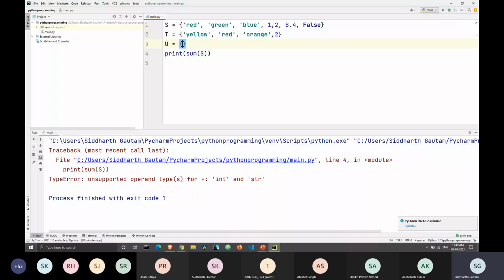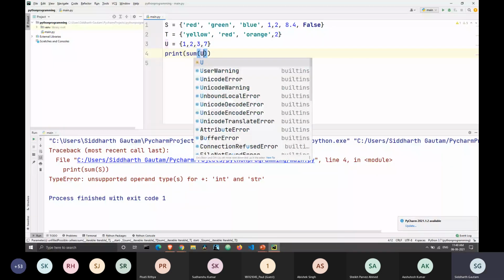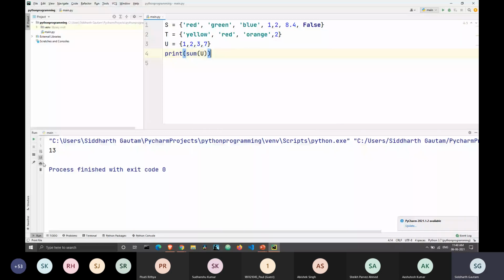Okay. And instead of printing the sum of S, we can print the sum of U. And when we print this, we get the output as 30, which is the sum of these four numbers. 7 plus 3 is 10, and 10 plus 2 plus 1 is 30. So this sum function can only be used when your set contains numerical data types. It cannot be used when your set contains numbers and strings.